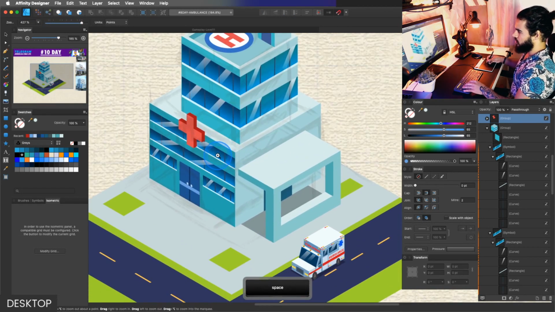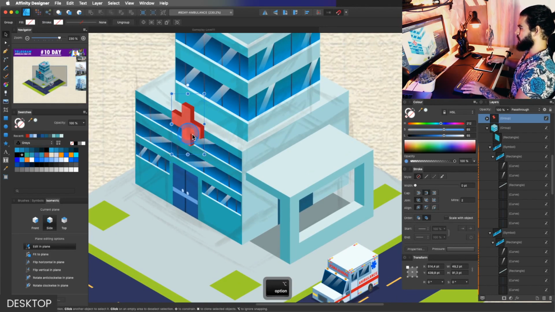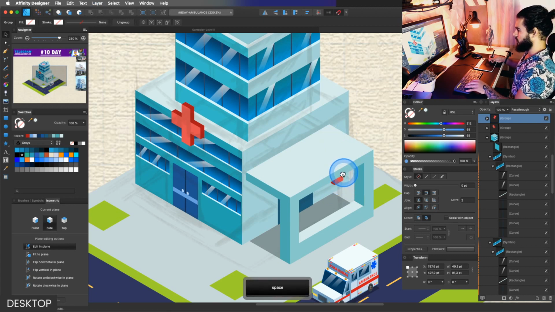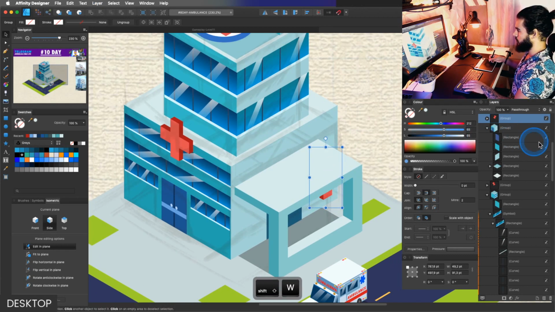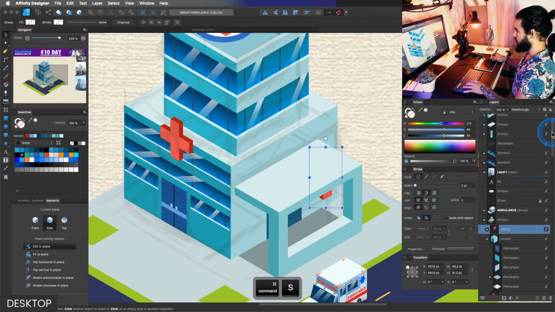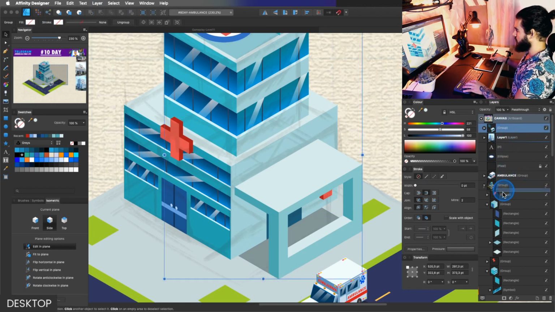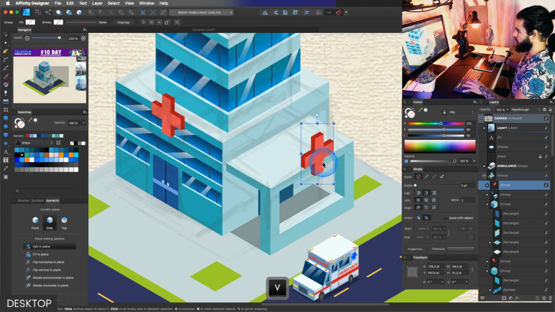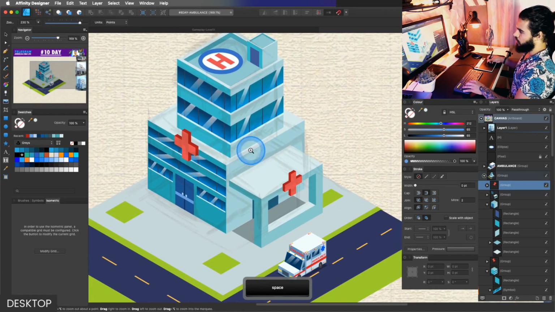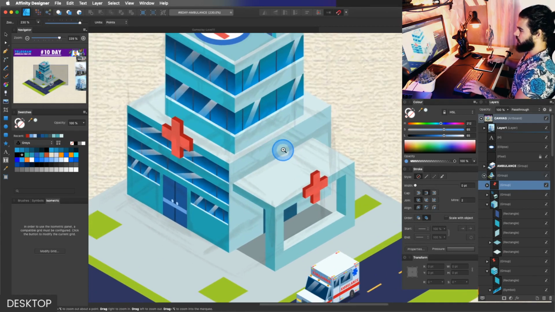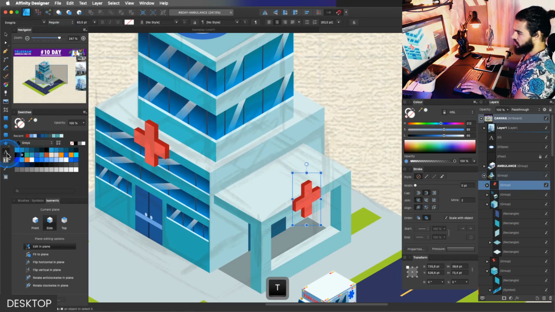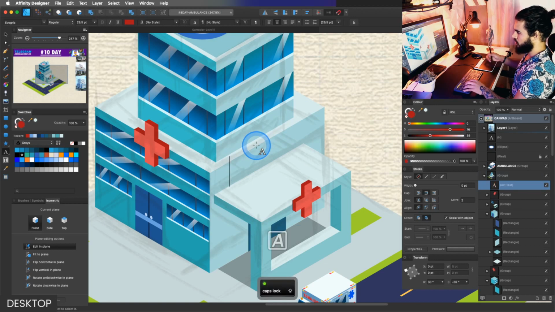And to make this more appealing, maybe we can duplicate this and place it over here. Look, I'm trying to bring this to the top. Let me group these layers to organize this. And we have this one. Okay, and for example, the hospital text I can place over here. I think it's very nice. Let's try. Press T to grab the text tool, use this font option, drag to here and type hospital,